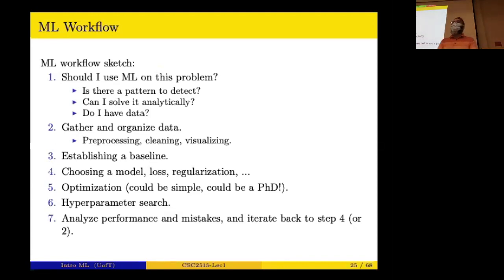For example, if you want to predict the trajectory of a ball you throw, do you need to use machine learning? Probably not, because we have Newtonian mechanics. You can use Newtonian mechanics to essentially find a very good solution for that. But for some other problems, it becomes more complicated. The relation is such that you can't find the analytical solution.